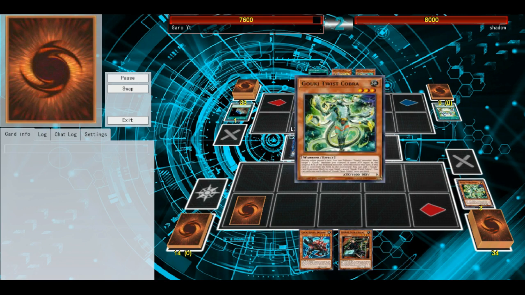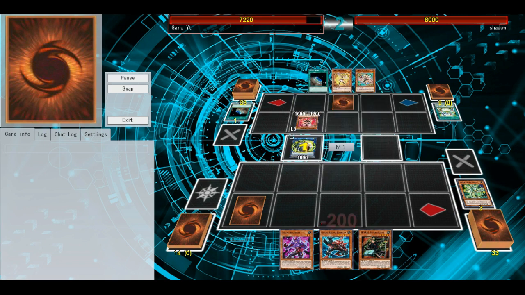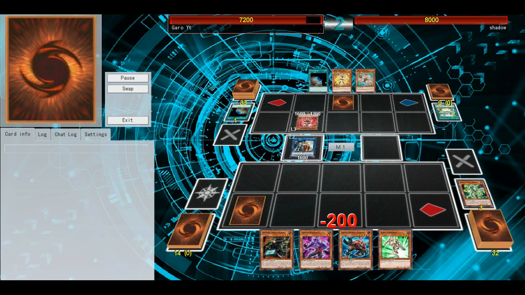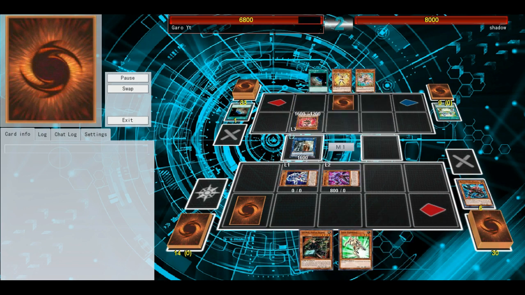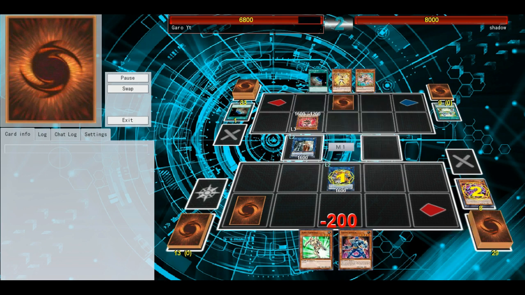This first profile is just a generic Gouki deck. It really just focuses on making Ulti-Gouki Ogre being a really good card, and then going into things like the Curious Lock or an Extra Link. So you guys will see that in a moment,